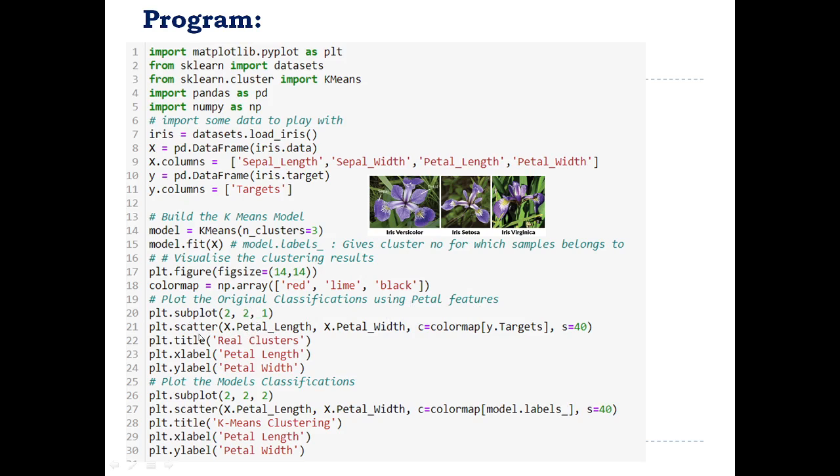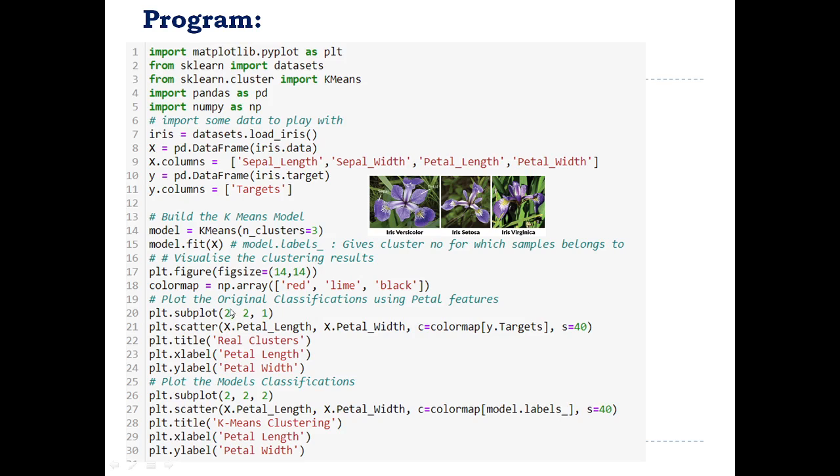graph by using these variables, that is by using the petal features. So here we'll plot the graph. This is the first graph. This is from the matplotlib library. We are calling the function subplot. This subplot is going to plot the graph. So this is the first